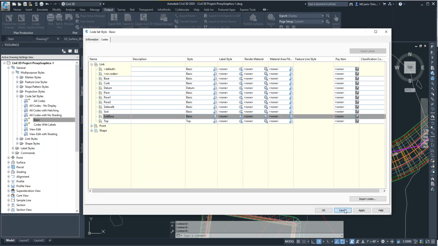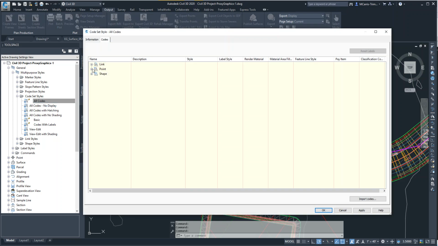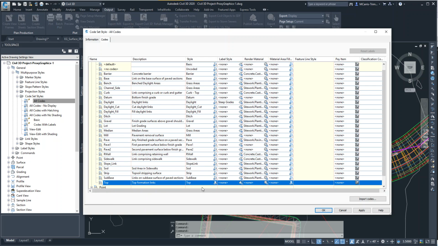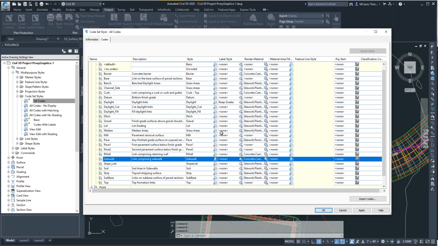So by having a code set, basically here, where each link is on a unique layer, top goes to top, subbase goes to subbase, stripping goes to stripping, retaining wall, sidewalk, they all go to a unique layer called sidewalk, right? It doesn't have to be TBC. I just named it that way just to differentiate it from others. But by setting this up and making sure that all the codes have a style and they go to a